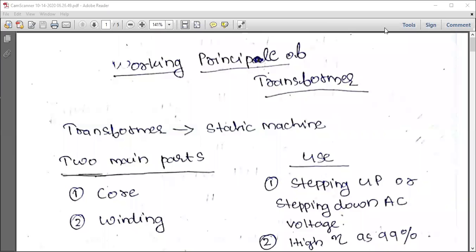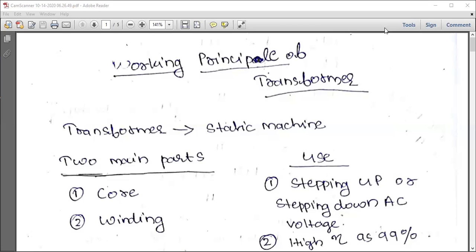Morning, students. In our last class, we studied the basics required for understanding the working of a transformer and its relevant equations, the equations that come in material science, then the right-hand curl rule, Faraday's law of electromagnetic induction, and Lenz's law. All these things were covered in the last class, and today we will be looking at the working principle of a transformer